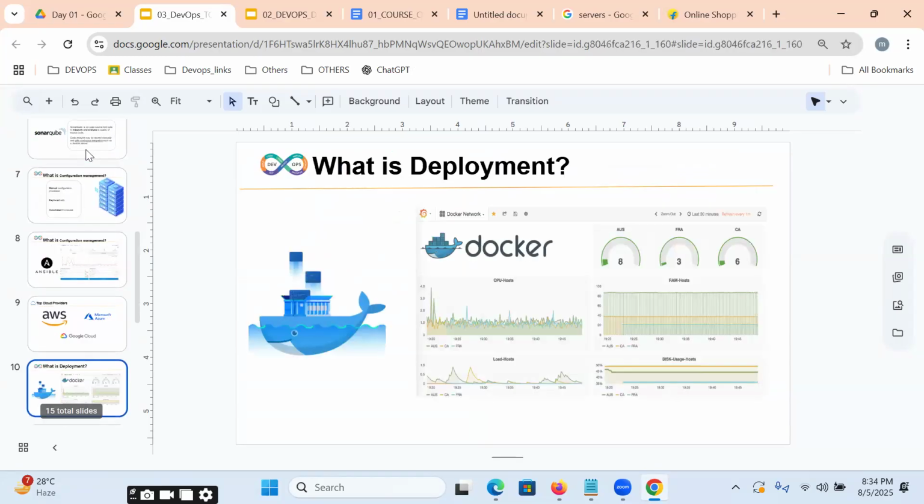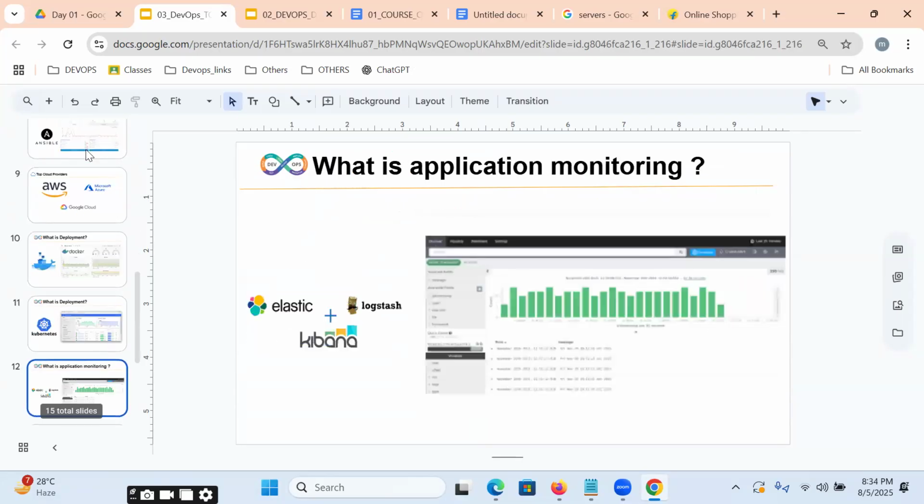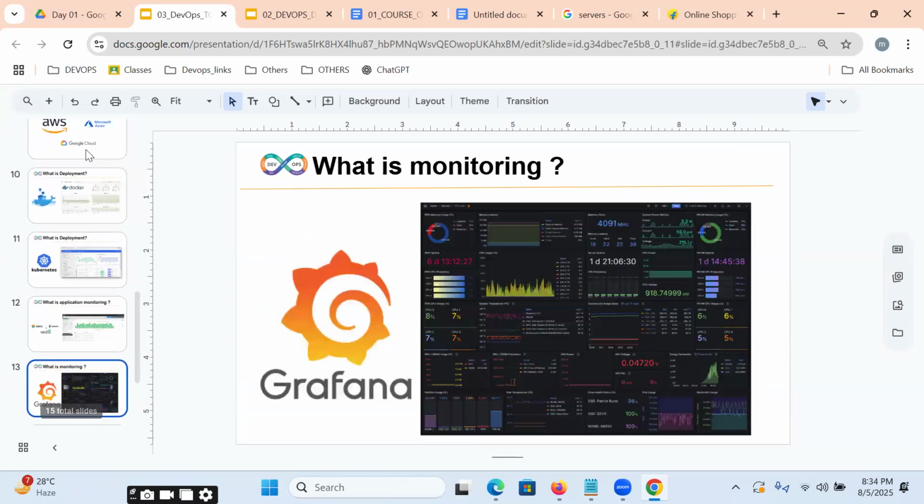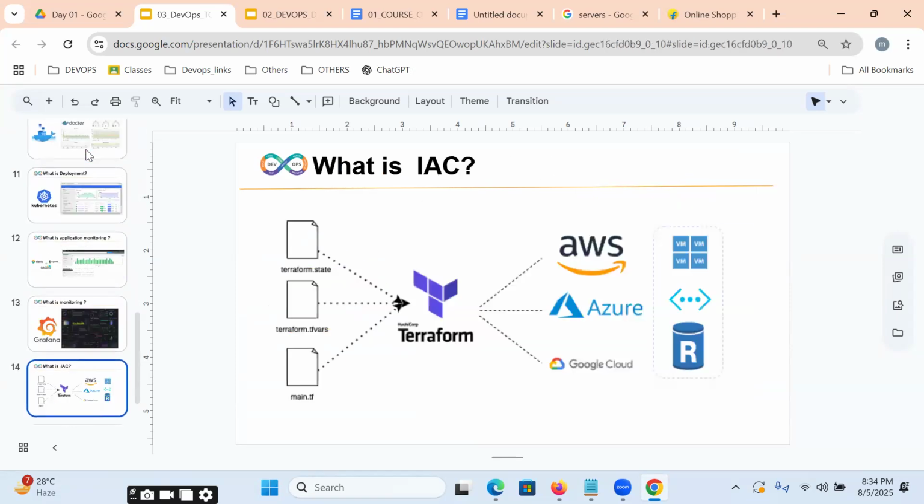Microsoft Azure, Docker, Kubernetes, ELK, Elastic, Logstash, Kibana, Grafana, Terraform.